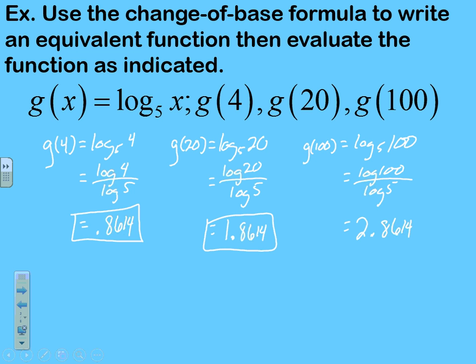It looks like all of the input numbers, the 4, the 20, and the 100, it looks like the 20 and the 100 are some kind of factor of 5. So I said like 4 times 5 to get the 20, and 20 times 5 to get the 100. And so I'm sure that has something to do with the fact that I have a 0, a 1, and a 2 on my answers with the same decimal numbers. So that is essentially the change of base rule,